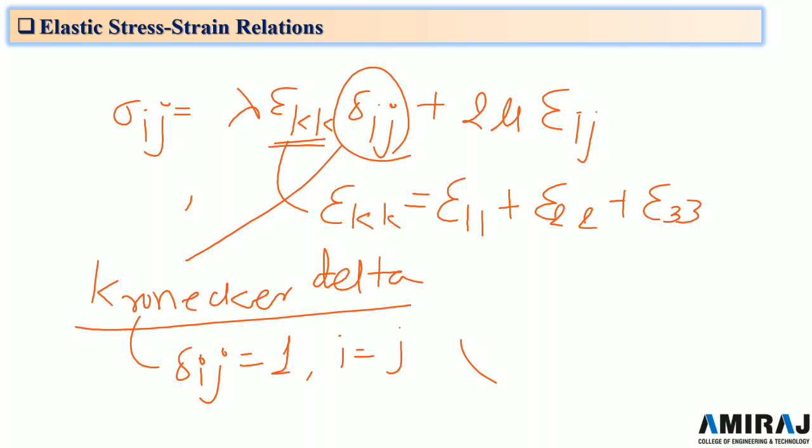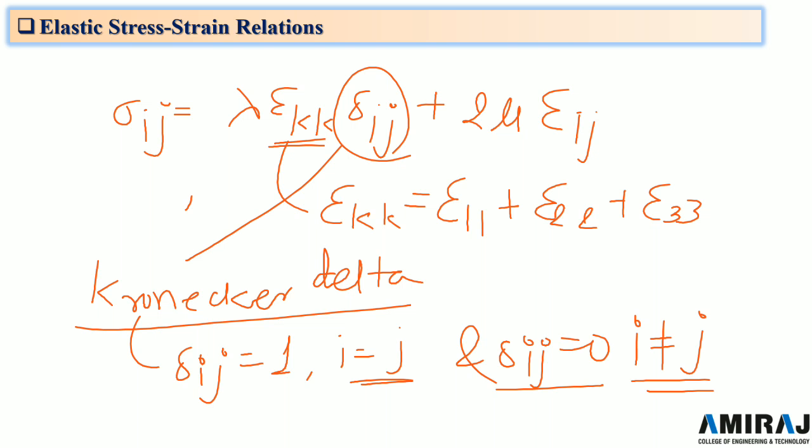And delta ij is equal to 1 when i is equal to j, and delta ij is equal to 0 when i is not equal to j. So here it is 1 if i is equal to j, and if it is not equal to j, then it will be 0. So the lambda and mu are called Lamé's elastic constants, and it can be easily shown that